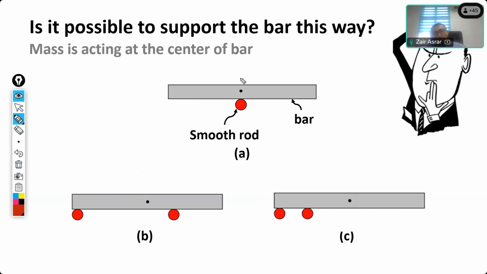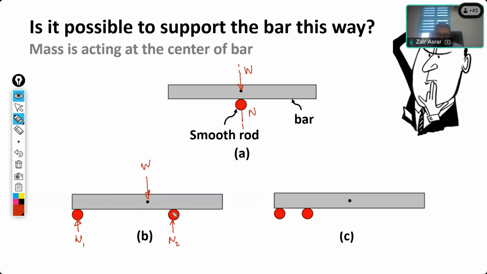In the first one we have the weight, and then we have normal force directly underneath the weight. That's the reason why the bar itself will not fall down. In the second case, we have the same weight. We are not changing the bar. It's the same bar, and underneath we have two supports instead of one. So here we'll have, let's say, N1 to represent the force from support 1, and N2 to represent the force from support 2.